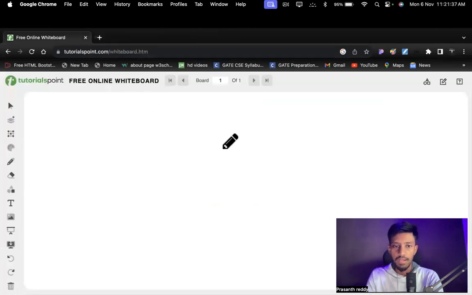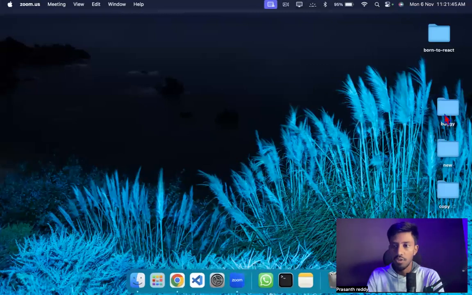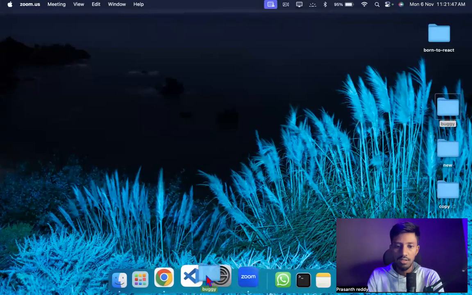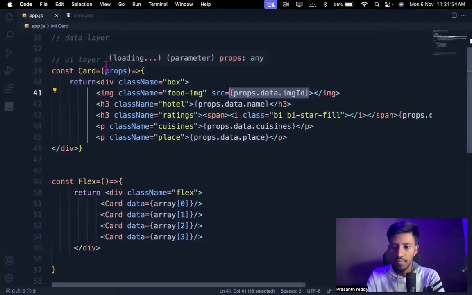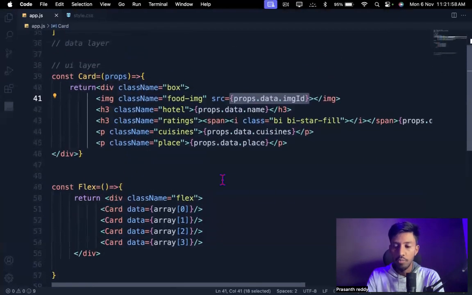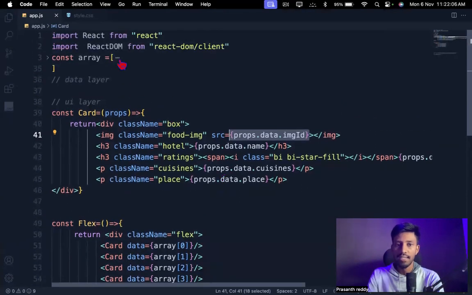Okay, let's go back. See, guys, let me import our project folder once again. Let's go inside our VS Code. We have this folder, right? Let's wrap this and just place it inside the VS Code. Open this. Yeah. So this is the code we wrote in yesterday's class, right? We discussed what we mean by props: passing the props in two ways. One is the direct way. One is the external way. So currently I'm using the external way over here.